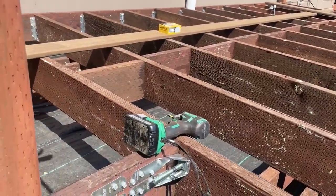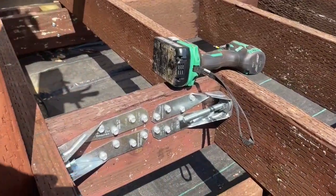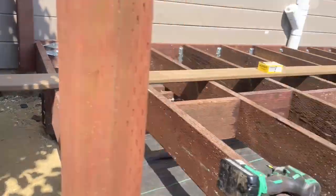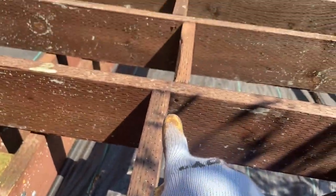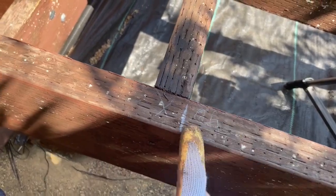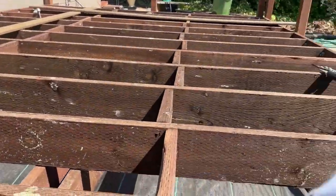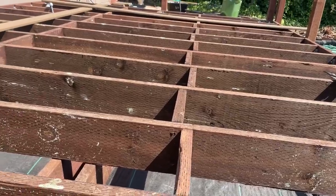And so basically I'm putting in the last one right now so you guys are gonna see it. What I did is I used one of my deck boards here. That's a 16 footer. And I just use that to kind of mark off a line all the way down there at the 3 foot mark. So you got 3 to 4 feet. Anyway, but now we've got 3 sections evenly spaced on this deck, and